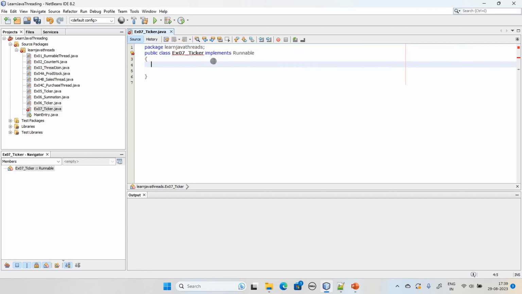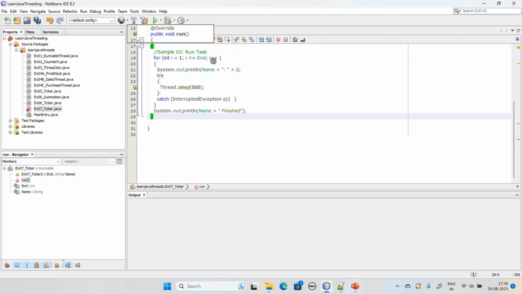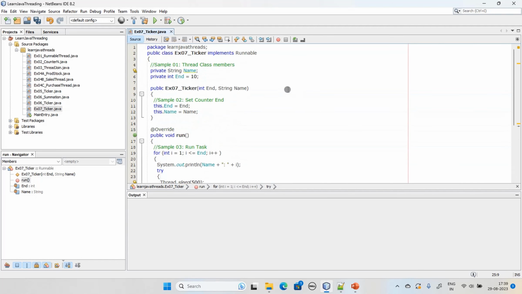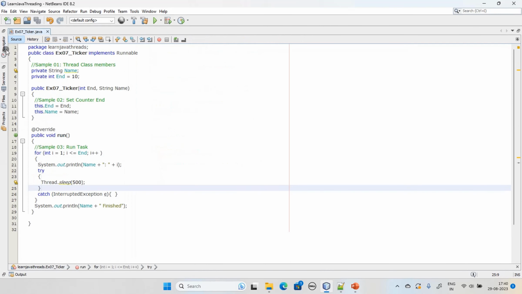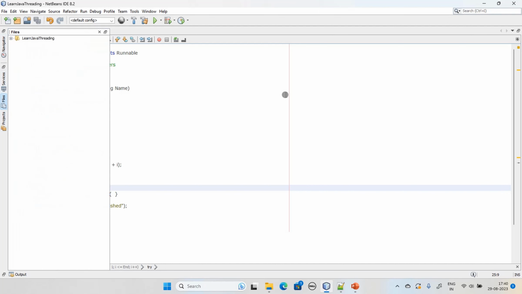So we are taking code from our previous example. The ticker thread will do the same stuff. It will print the numbers in the console window. Alright, in the run method,